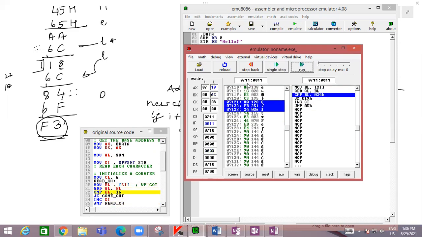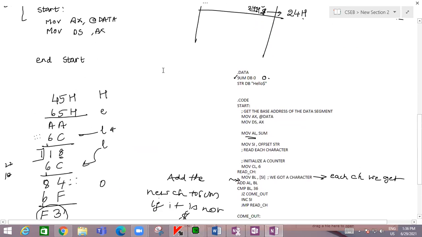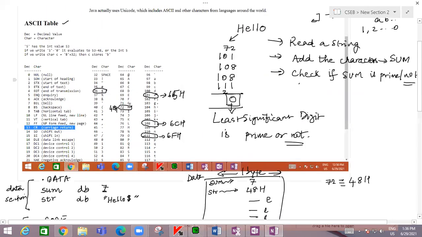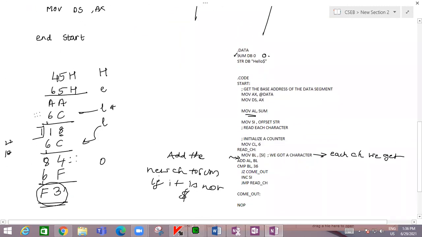Let me work it out: 48H, 48 plus 65. 8 plus 5, 13. 13 is D. So AD we get.